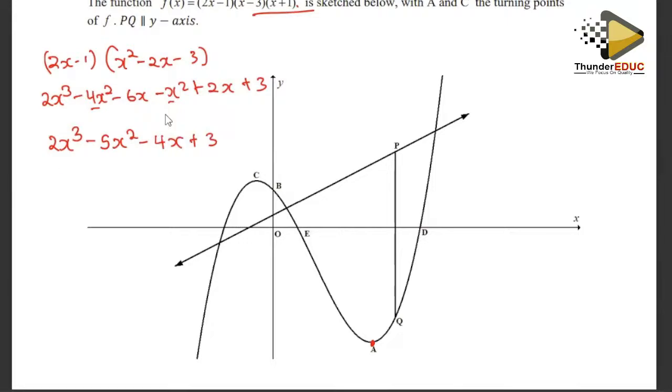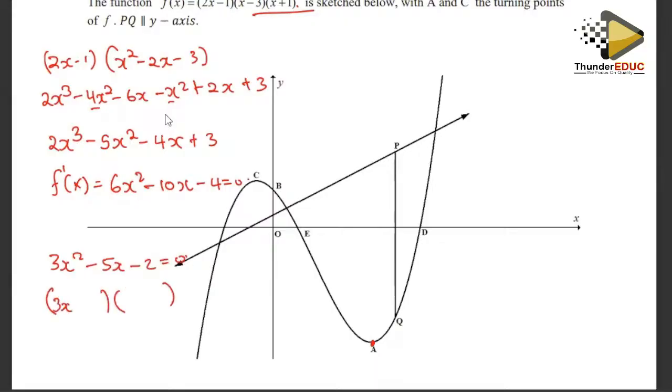Then I need to find the first derivative, which is going to be 6x squared. This and that is a minus 10x minus 4. Equate that to 0. So from here, we can divide through by 2, meaning it's 3x squared minus 5x minus 2 is a 0. Open that up, 3x and x. We can have a 2 and a 1 more. That's a 6